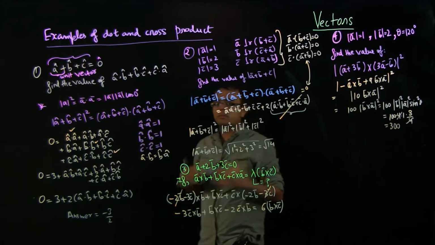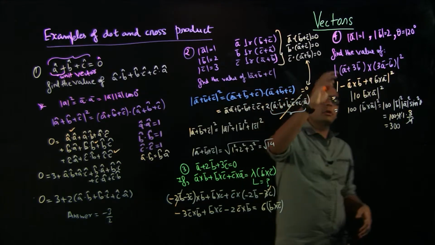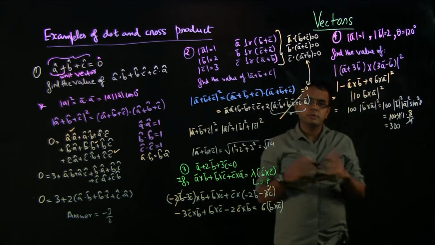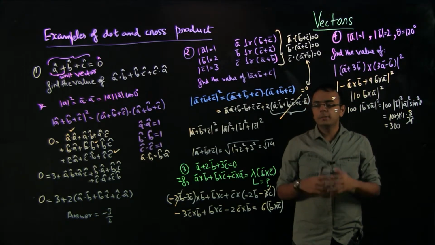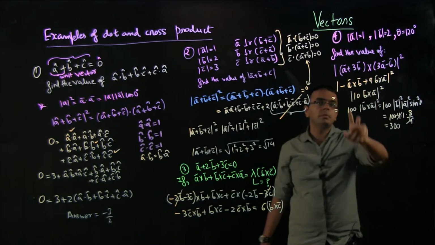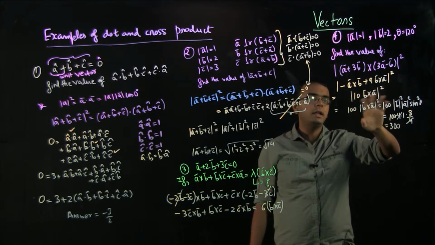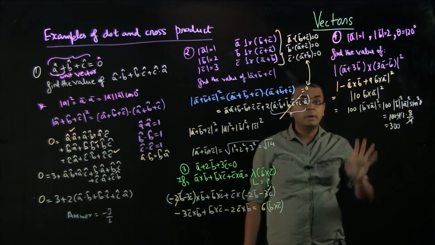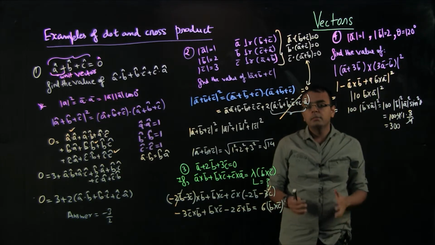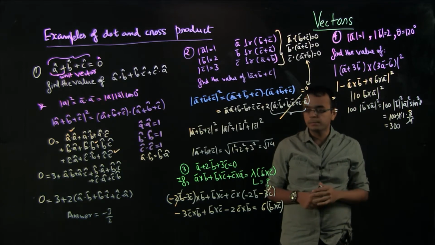I hope you are able to now understand how to solve these problems. So you just open the bracket, cross of something with itself is 0, use the properties. This is a very easy problem, but again you just get into the habit of not mixing up the signs. Trust me, in a multiple choice question there will also be something like 8b cross a whole square. So rather than 100 there will be 64, and that will also be a part of the options, and that is where you have to be careful. These are the things which you should remember.